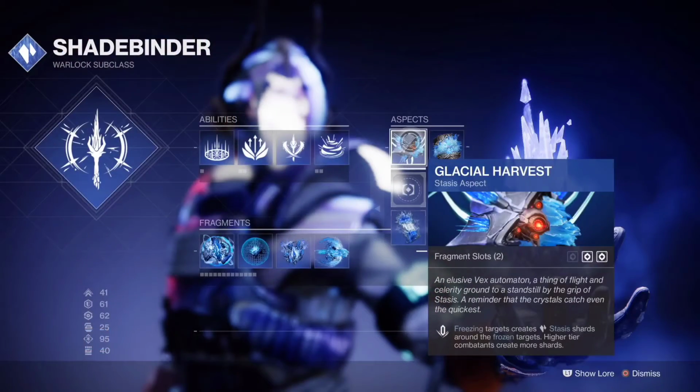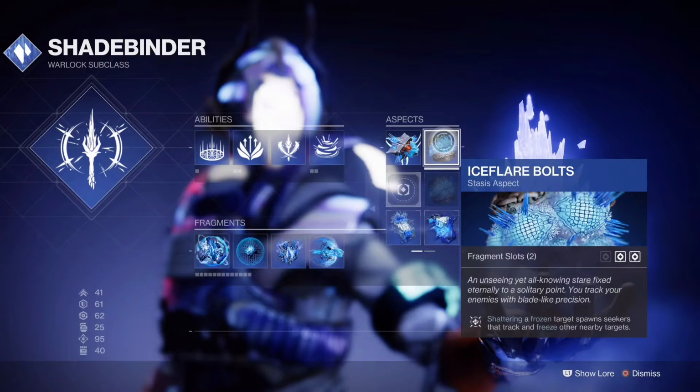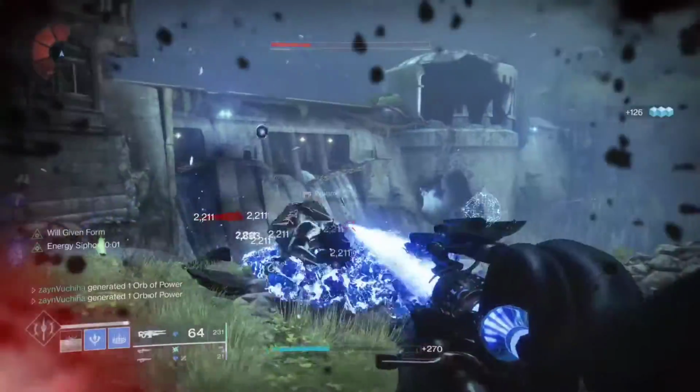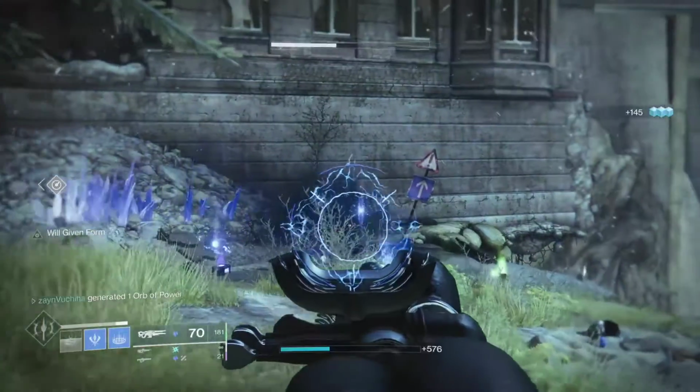Now what I mean by synergy is that here on the Warlock, Glacial Harvest allows us to create stasis shards whenever we destroy a frozen enemy, and since stasis shards now count as elemental wells, it works awesome. This paired with Ice Flare Bolts and the Ager Scepter, you pretty much just send chains of ice out everywhere,